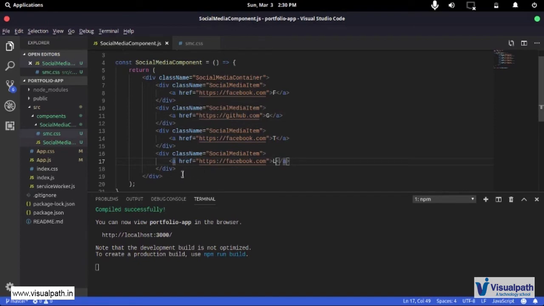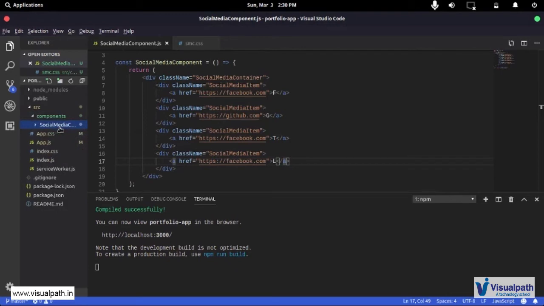In this condition, rather than repeating yourself 4 times, you can create another component. You have multiple choices for creating this component, so you could call it the social media item component and place it directly under components. But this component will only be used by the social media component.